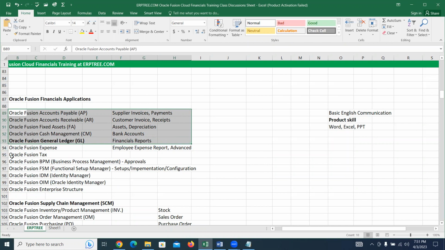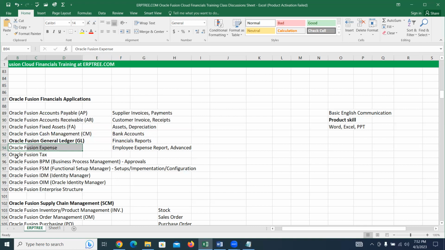That's all. Along with these core 5 applications, we have the Oracle Fusion Expense application. By using this application, you can record employee related expenses and the advances you give to the employees.